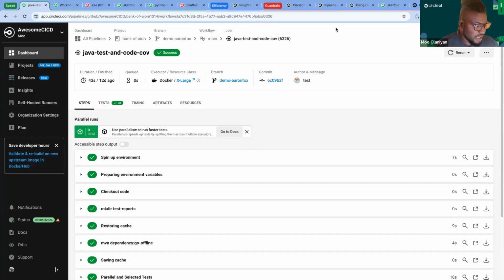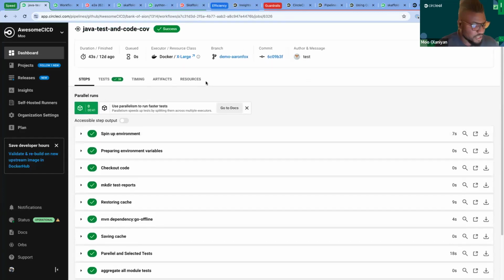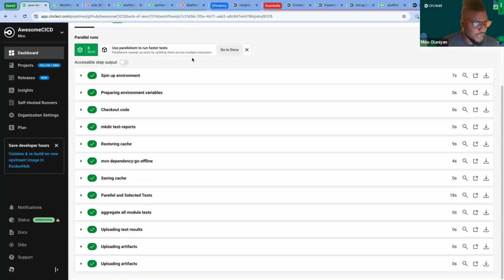So you can see that I have entered this particular job here. We can see, like I showed earlier, that we're using this Docker extra large container, right? Now, this job is executed, you can see from this particular branch that we specified in the configuration, and down here are all our individual steps.